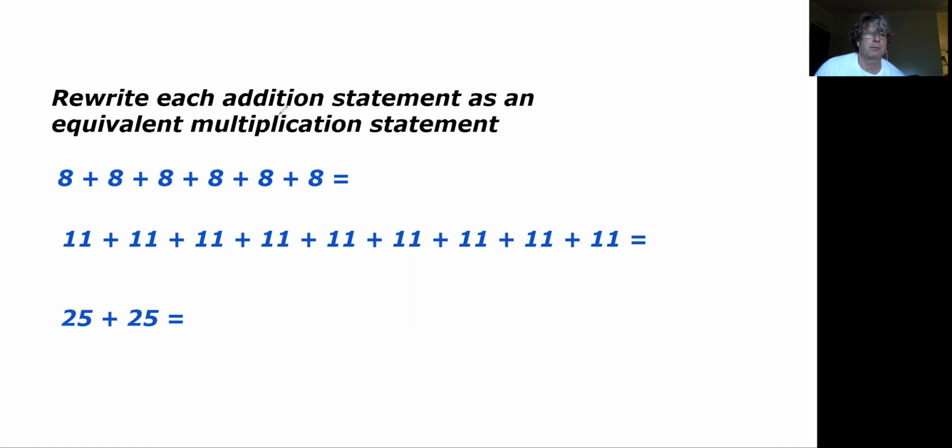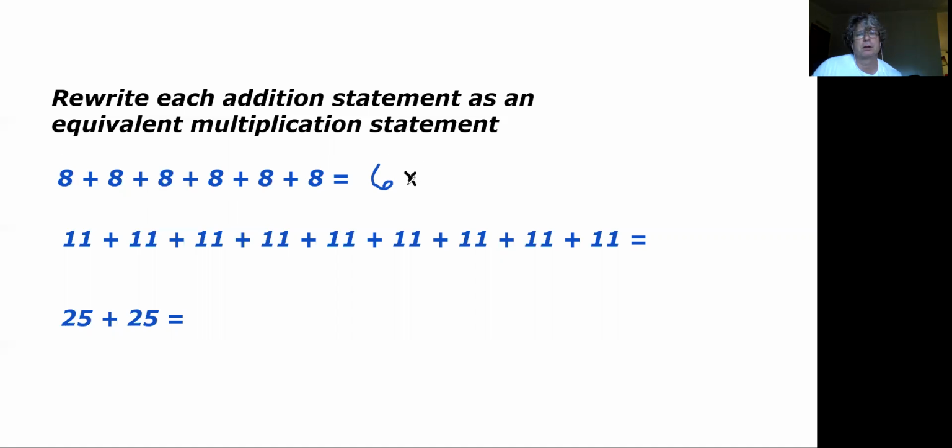So what we have is 8 plus 8 plus 8 plus 8 plus 8 plus 8. That's repeated addition. I'm repeating the same number over and over again. If I want to write it as multiplication, I have to determine how many groups there were, so we have to count each 8. There's 1 8, 2 8s, 3 8s, 4 8s, 5 8s, 6 8s. Since there's 6 groups of 8, we write that as 6 groups